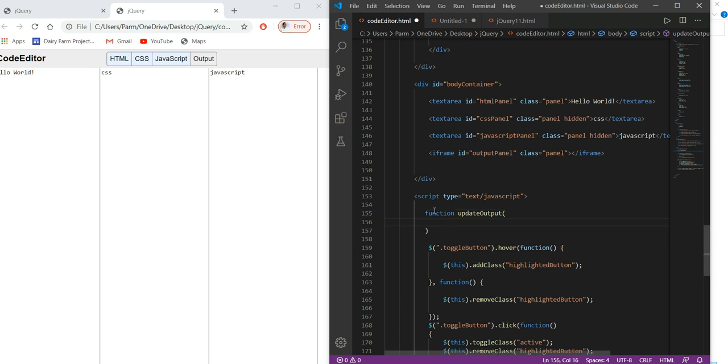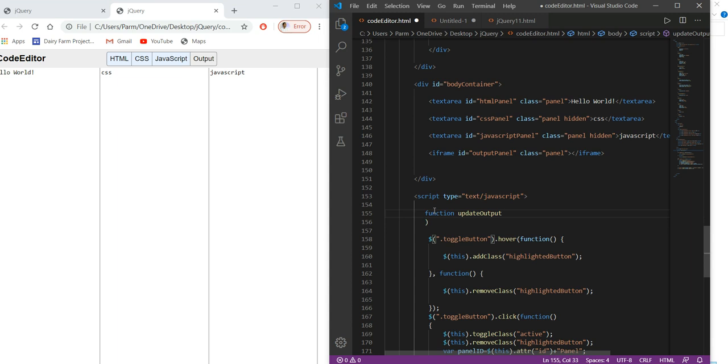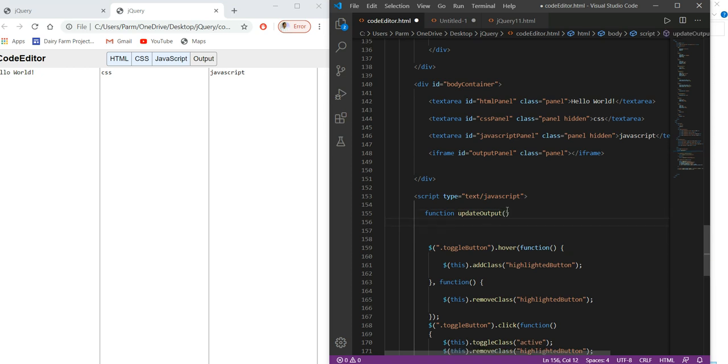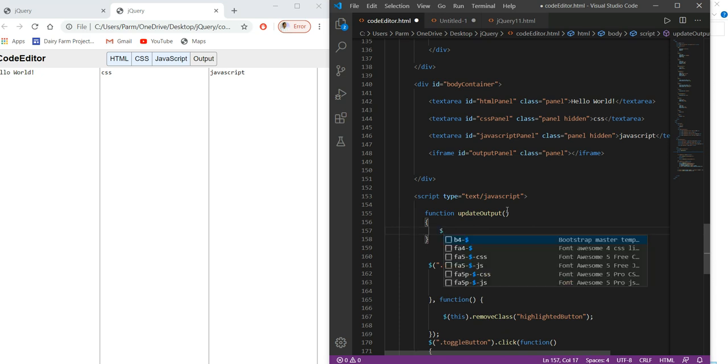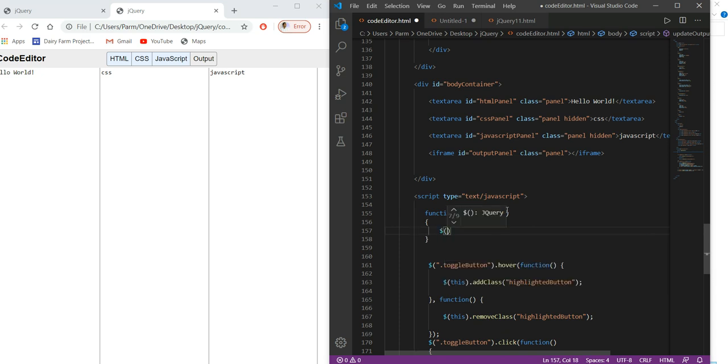Here we put the parenthesis, then we write the body of this function in the curly brackets. So here what we have to do, we call for the iframe element.